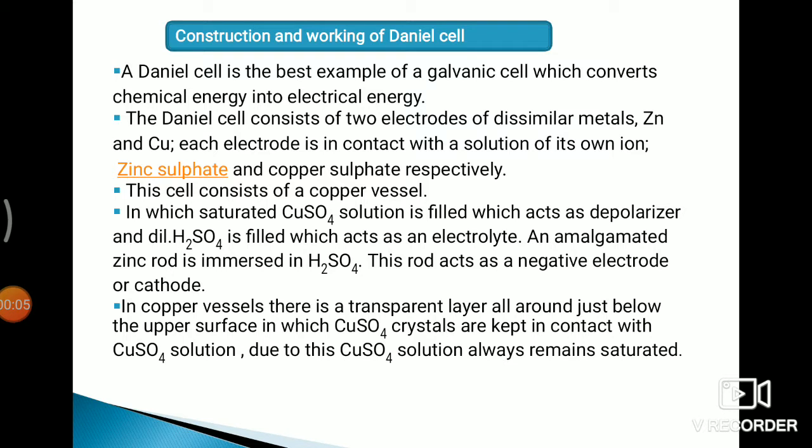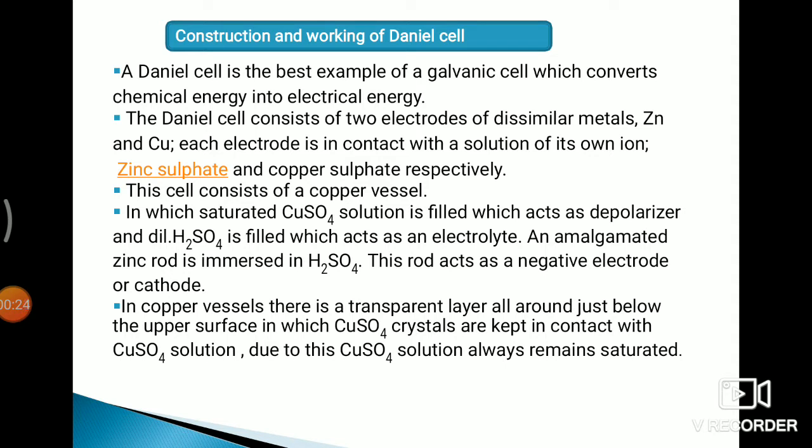Today we are going to discuss the topic construction and working of the Daniell cell. I am M.R. Patil, lecturer from the R.C. Patel Polytechnic, Shirpur. In construction and working of the Daniell cell, a Daniell cell is the best example of a galvanic